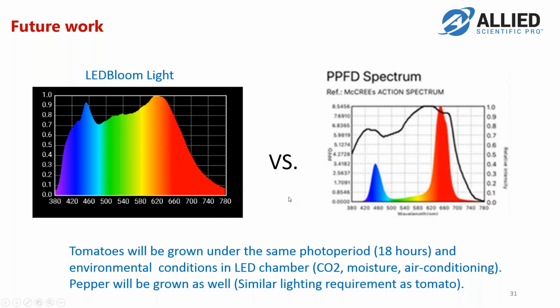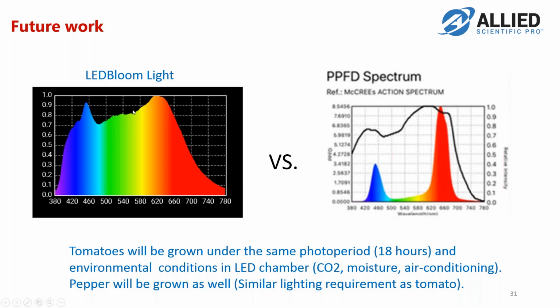And we want to put these two samples of tomato in the same LED chamber with the same environmental condition. So 18-hour photo period plus air conditioning and humidity control and CO2 supply,